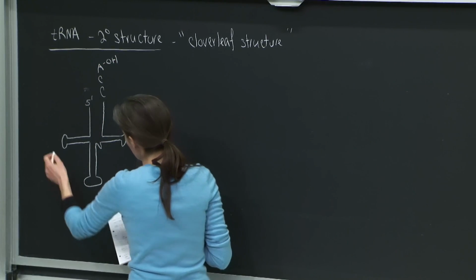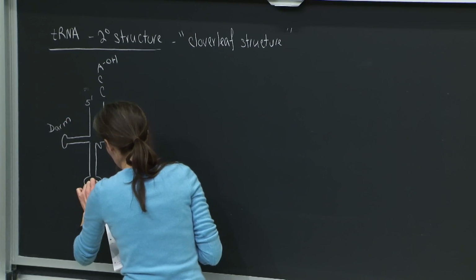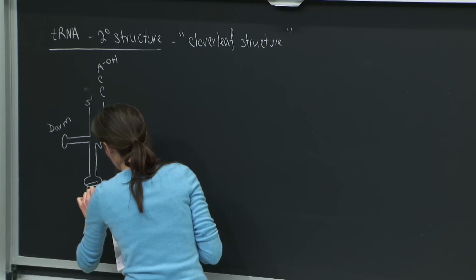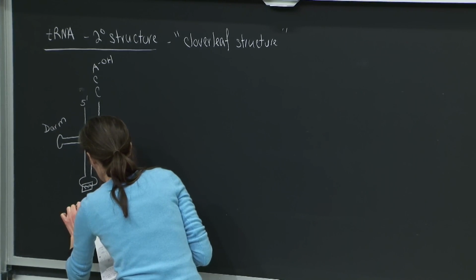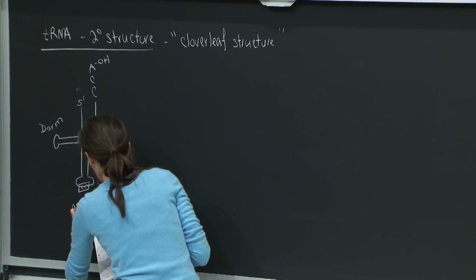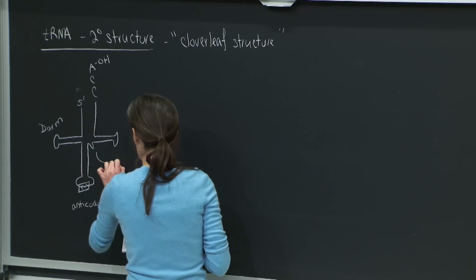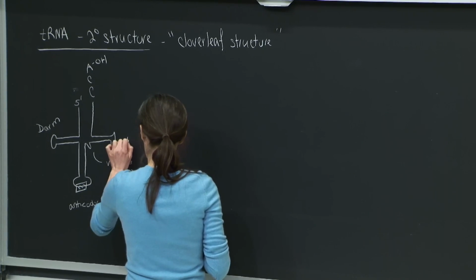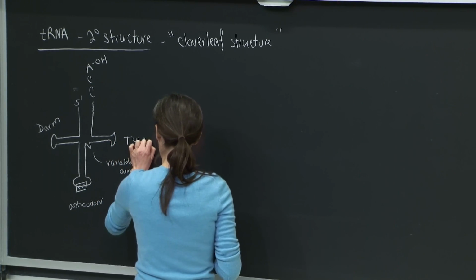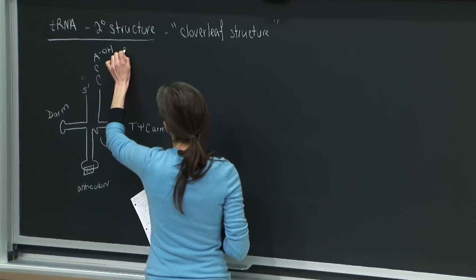Here, we have a D arm. This arm here has the anticodon that pairs with the codon of the mRNA. We have a variable arm, this arm here. And we have this 3' end